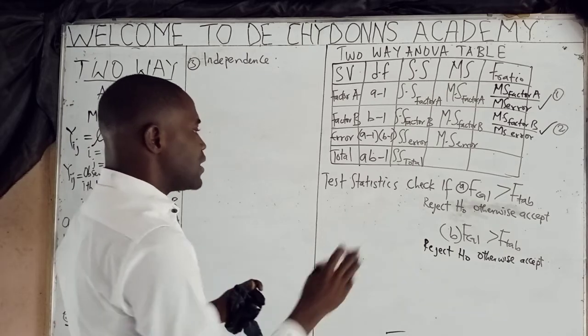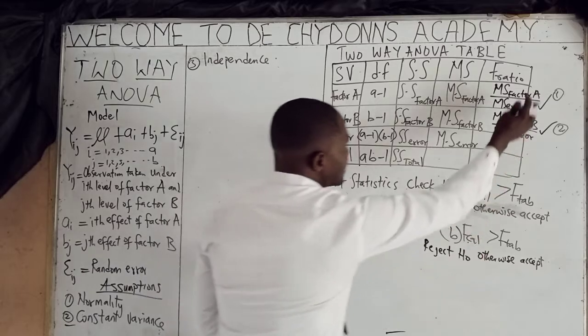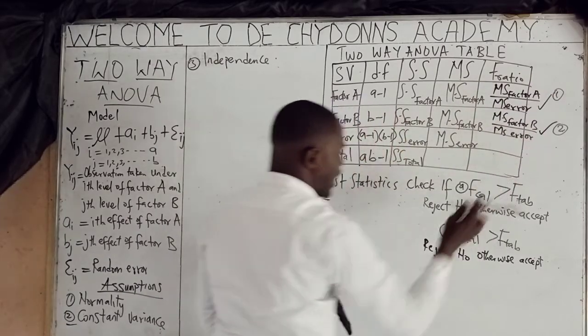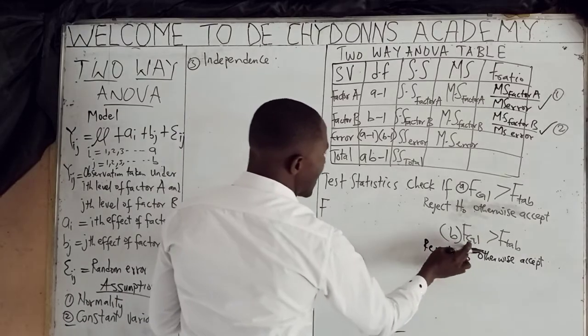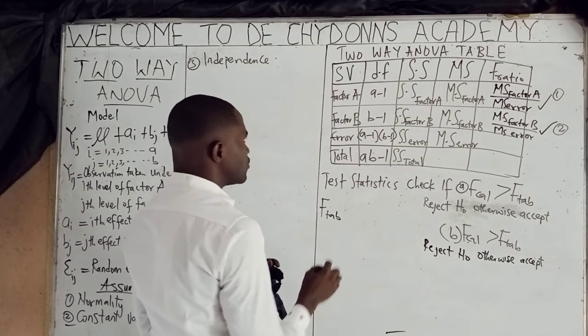That is it. Now, how do you get your F tab? F calculated is this one. This is the first F calculated and this is the second F calculated. Then how do you get F tab? F tab is gotten by you